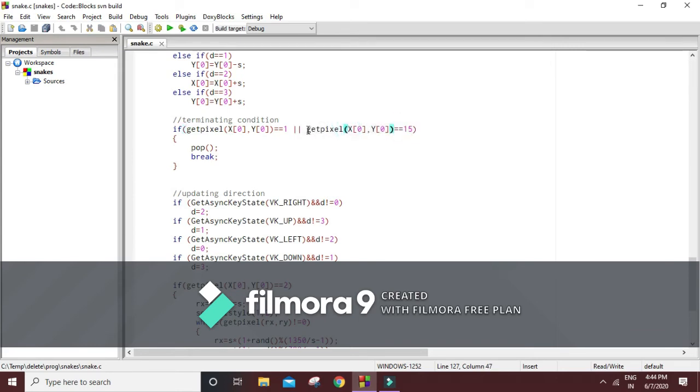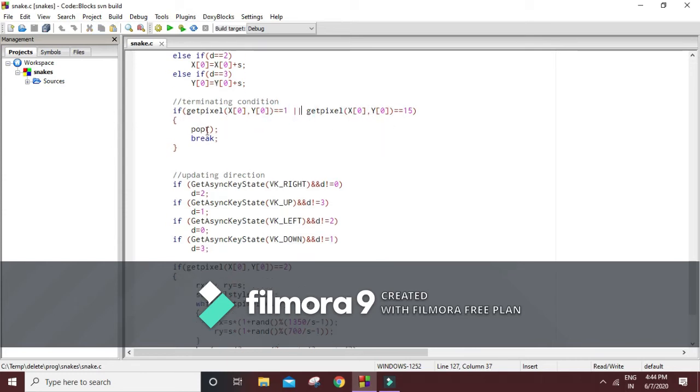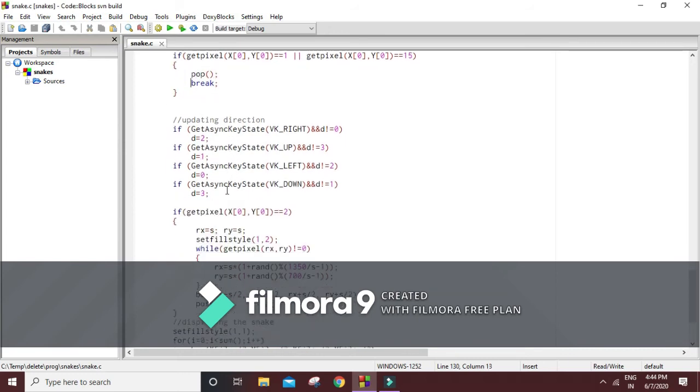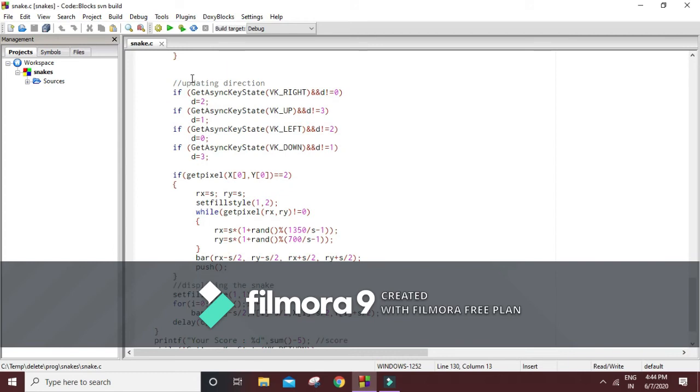The get pixel function just gets you the pixel of the specified coordinate, which in our case is x of 0, y of 0, the mouth of the snake. If either of these 2 conditions happen, the length of the snake will be emptied and we will come out of the loop.